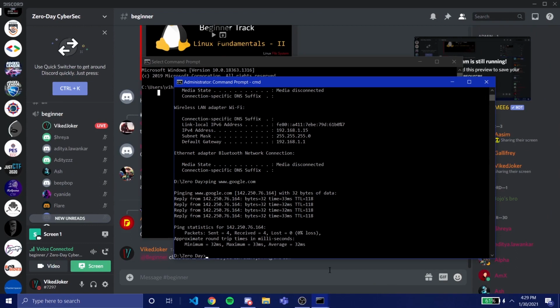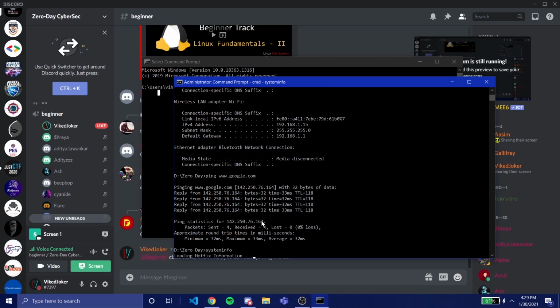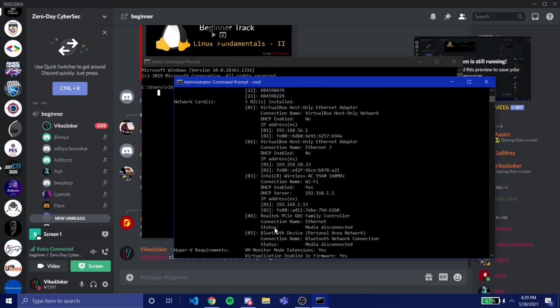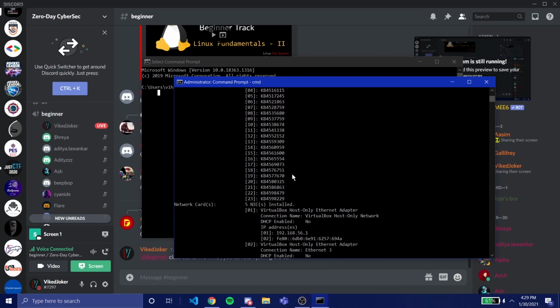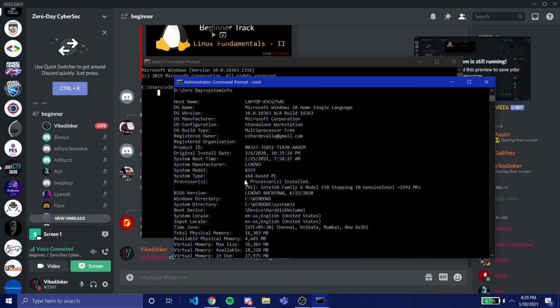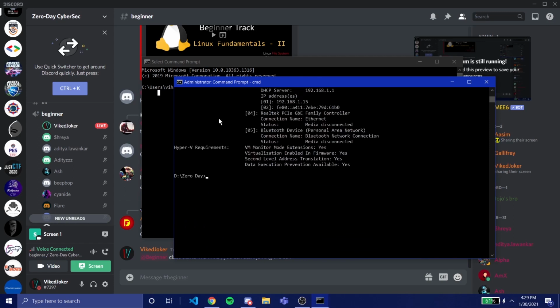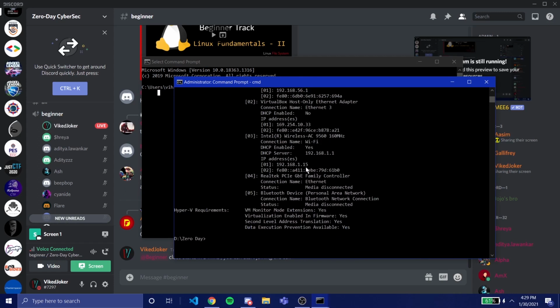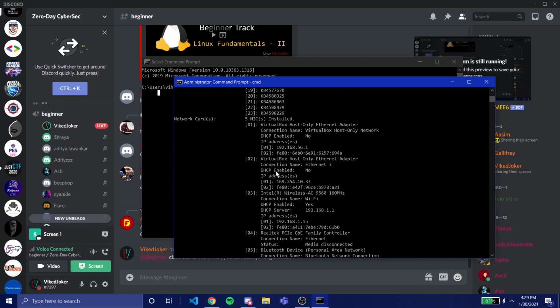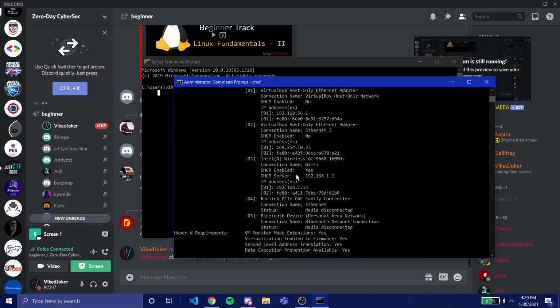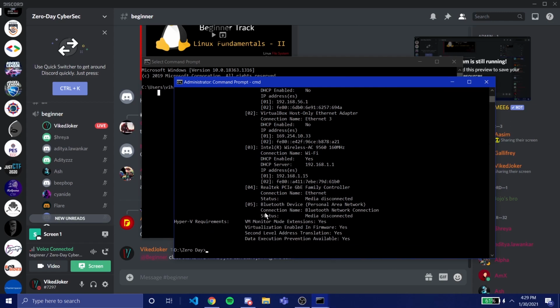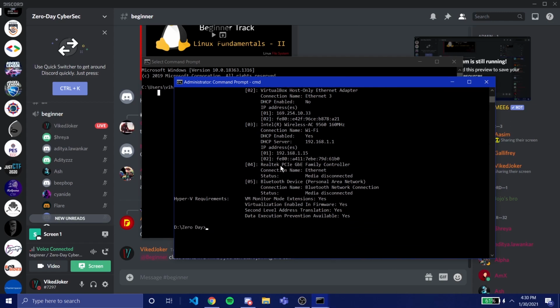Okay, so some other ones, systeminfo. This is another important command because it gives you information about the system, right? So we'll get to know which version of Windows it's using, what connections are open. It's a very important command to know. For example, you have broken into one machine and now you want to get root access, admin access in the case of Windows. You will check through the information about the system and maybe see some vulnerabilities available, and then you can escalate to the admin user. So that's very important.